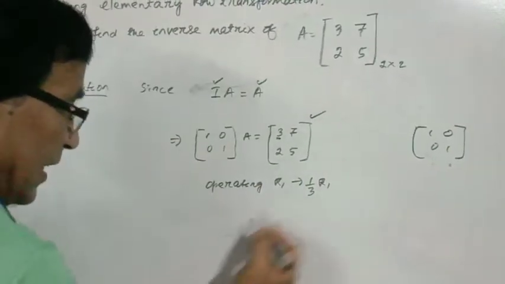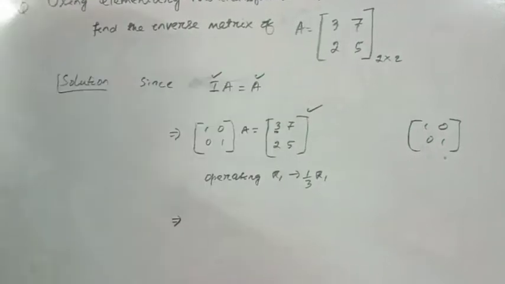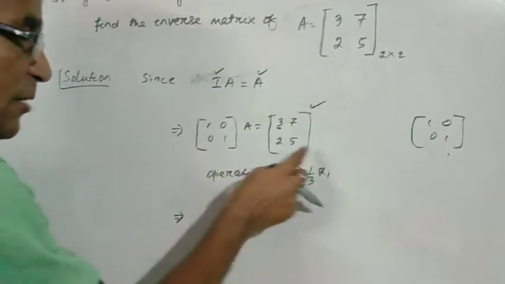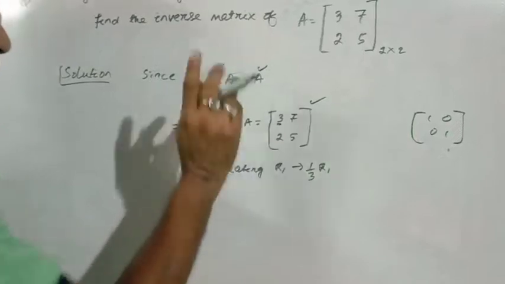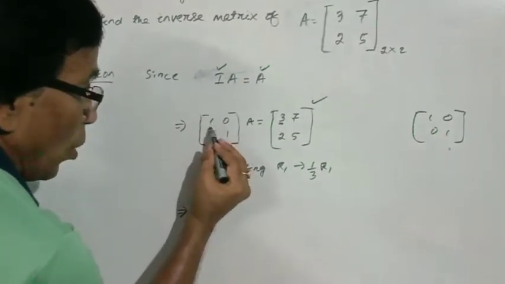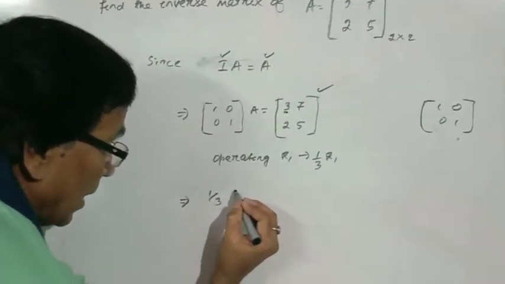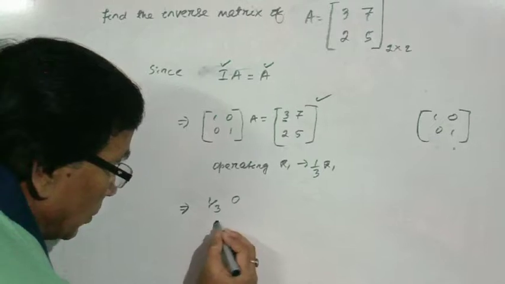We are to take this operation on this matrix as well as this matrix, so that the equality sign holds good. So it will be 1 by 3 0 0 1